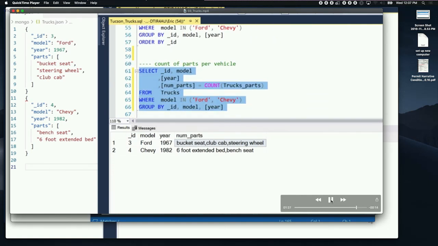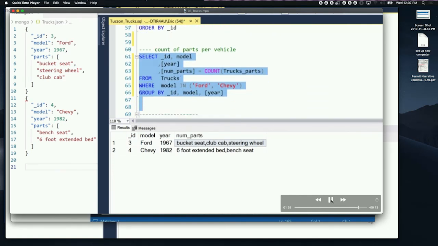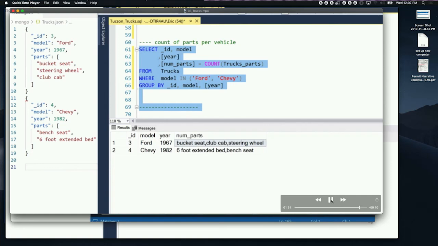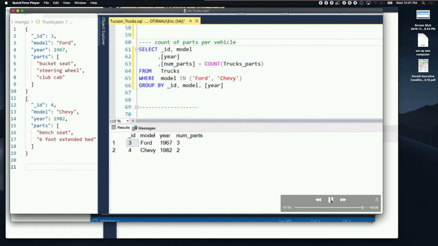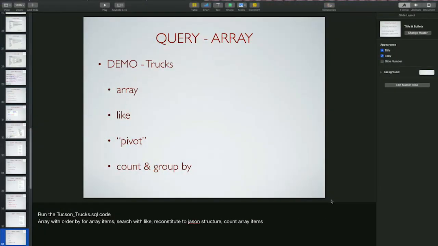All right, so again, I can do things like group bys, sorts, orders, all that kind of stuff. So this is data from Mongo I'm treating just like SQL data, right? Group by, sums, that kind of thing. There's one more that's really cool. I'll show you in here in just a second.